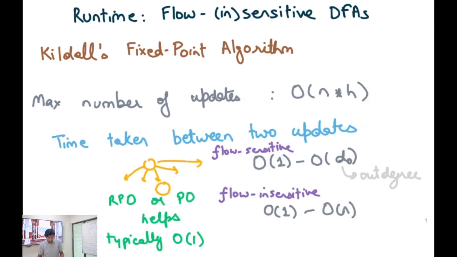Okay, now we have already said that the maximum number of updates is order n times h. Now the question is, what is the time taken between two updates in Kildall's work list algorithm? Recall that when we run Kildall's work list algorithm in a flow-sensitive mode, every time a value at a node changes, we add all the incident edges to the work list. So if it's a forward DFA, then we add all the outgoing edges to the work list, and then we check whether